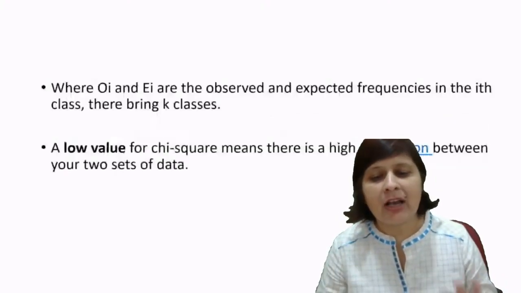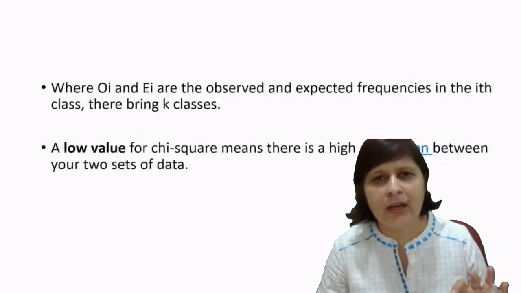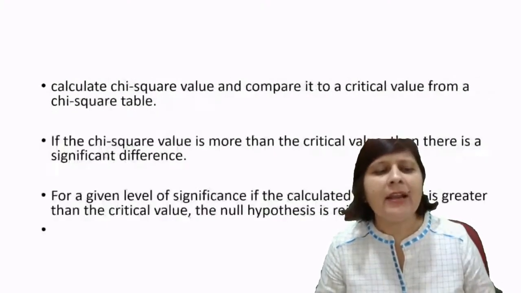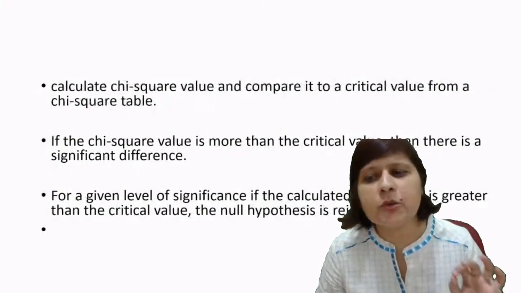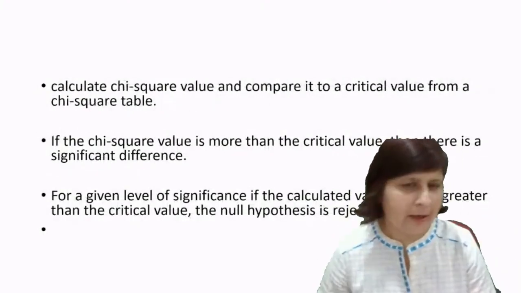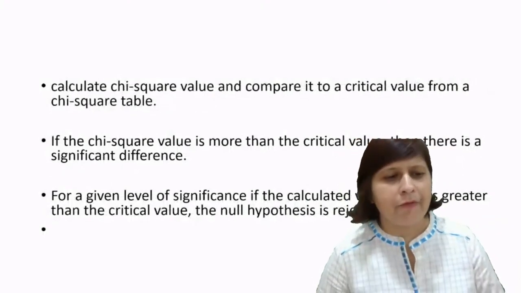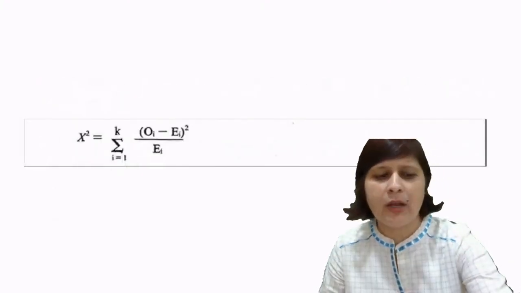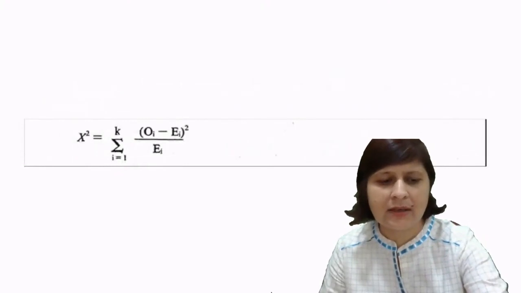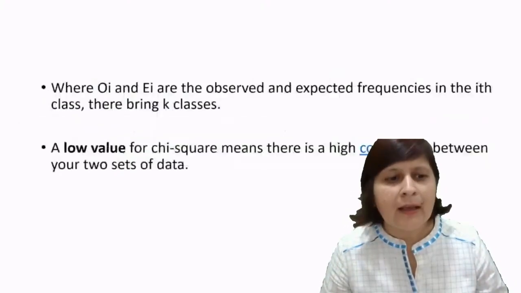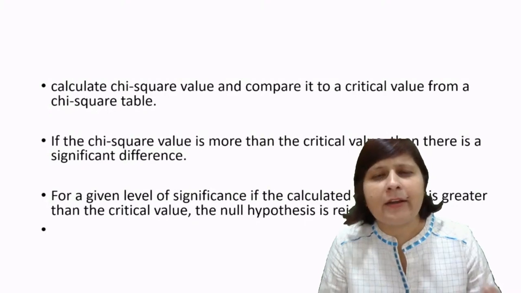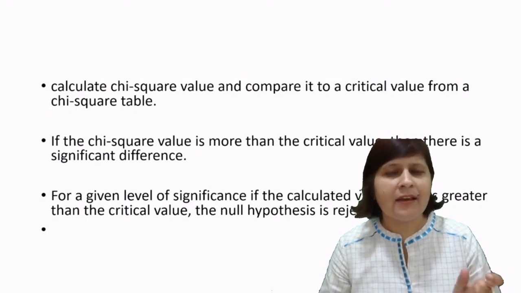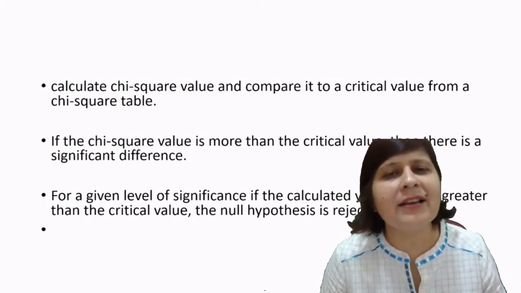The low value of a chi-square means that there is a high correlation between the two sets of data. Calculate the chi-square value and compare it to the critical value of the chi-square table. See how to find out the chi-square value. We calculate it using this formula: Oi minus Ei whole squared, divided by Ei, right? Then we compare this chi-square value